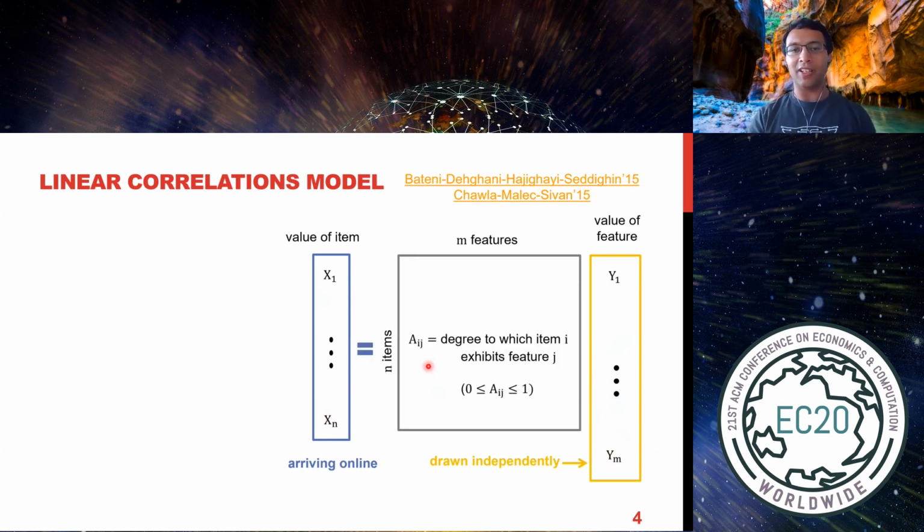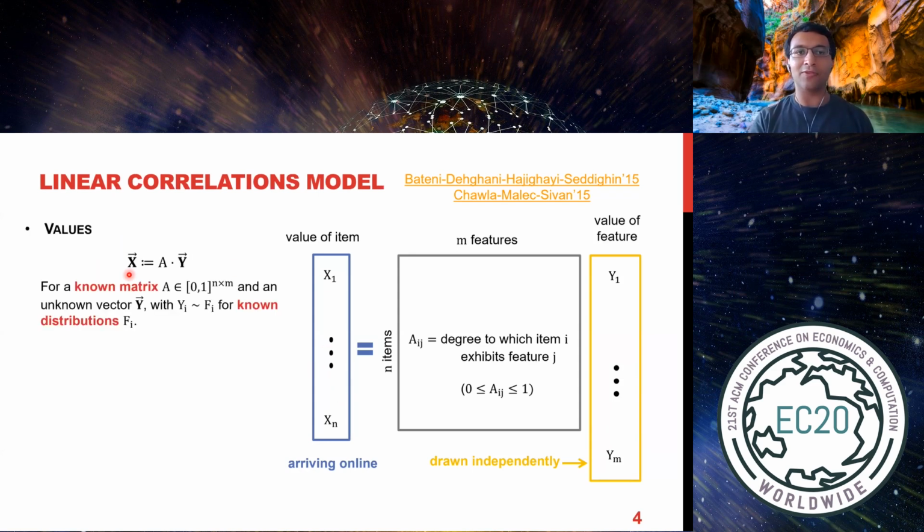In particular, it will be determined using some linear matrix. So you have a matrix A, where the Aij entry belongs to 0 to 1 and determines how much xi is affected by variable yj. Notice y1 to ym are independent, but the x's need not be. The x's will in general have correlations.